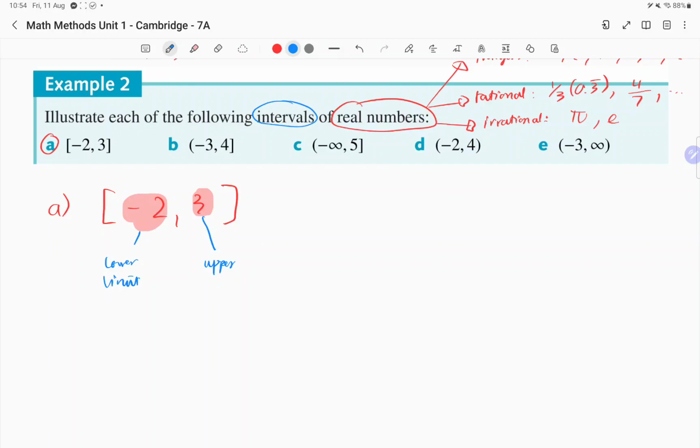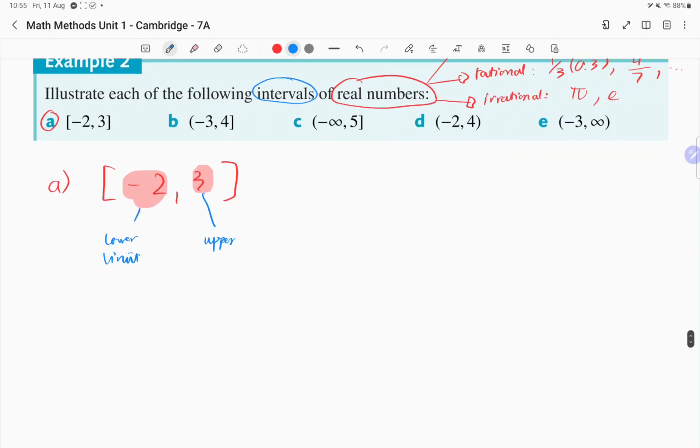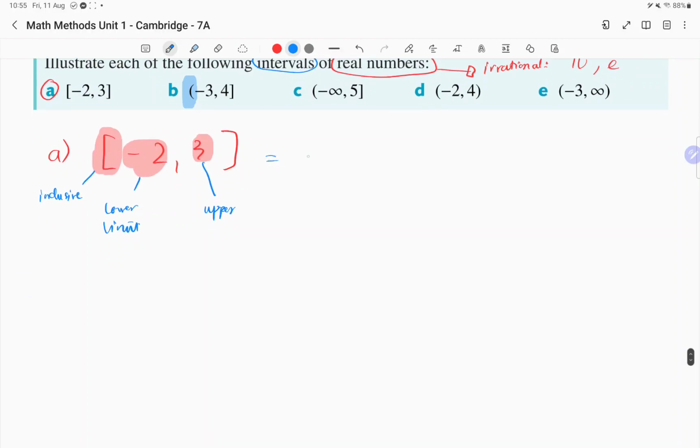So an interval is like a set of numbers, right? It's just a range of numbers. And then let's have a look at this symbol here. So that square bracket, as opposed to the round brackets in the next question, represents inclusivity, or inclusive. This means that if you have a number line, right, and then you put the lower limit